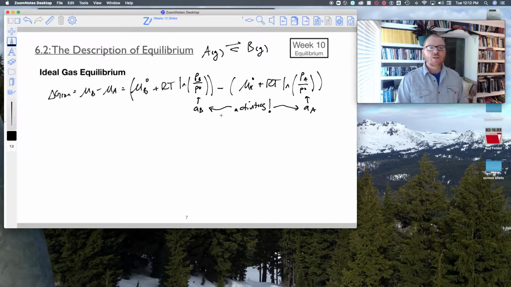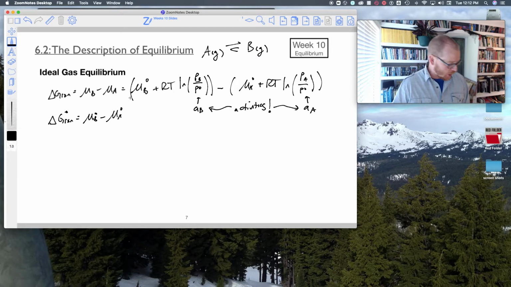So as we're going to find out, activities are strongly connected to equilibrium. Okay? So now I'm going to collect some like terms. I'm going to remember that what I established in that last slide is my standard free energy can be related to the standard chemical potentials like so. And so now what I can write is the delta G of reaction under non-standard conditions, so under any condition, and that is going to equal now, collecting like terms, mu B standard minus mu A standard. That's the same as the standard free energy of reaction. Okay. And then now I've got plus